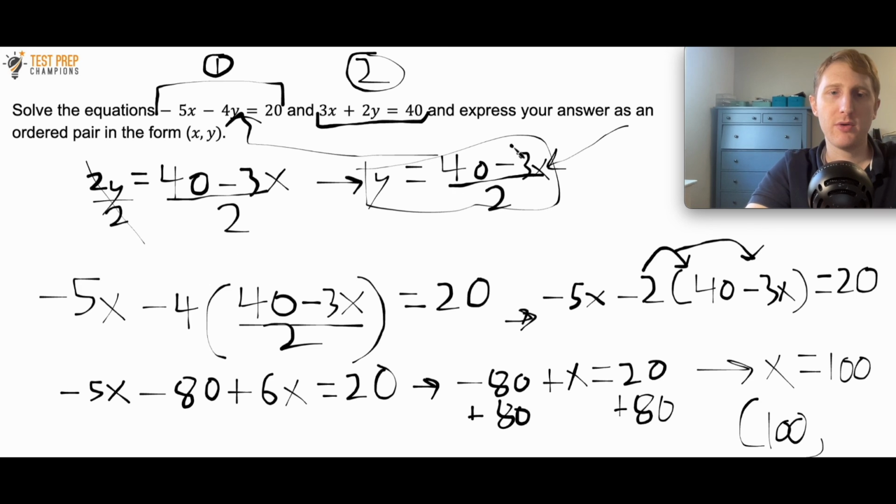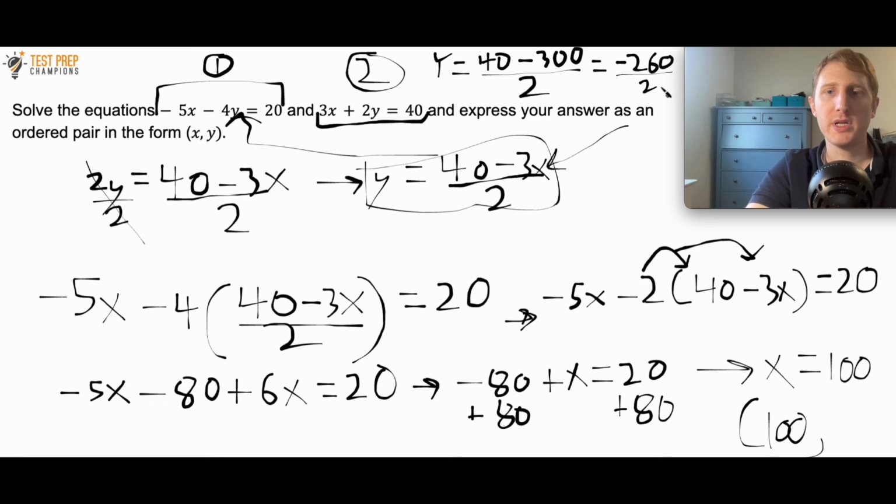Okay, so I'm running out of room here, but I'm going to try to make this work anyway. So when I rewrite this, I'll have y equals 40 minus 300. And the reason it's minus 300 is because this 3 times 100 gives me 300. So I'd have 40 minus 300 over 2. Okay, so 40 minus 300 is negative 260